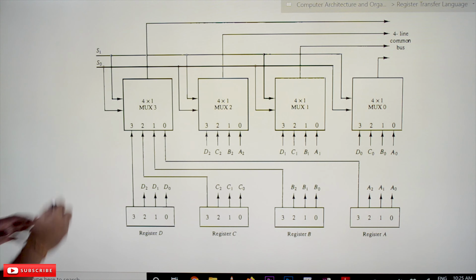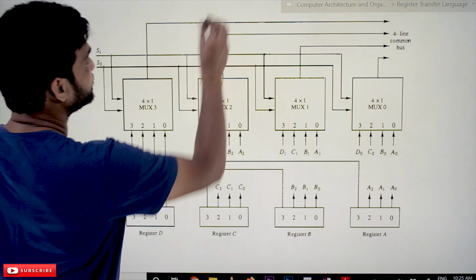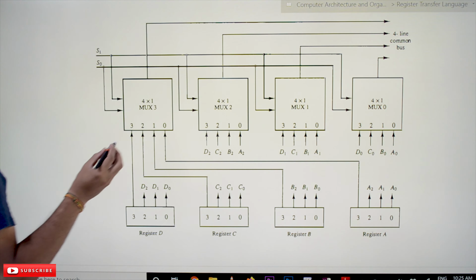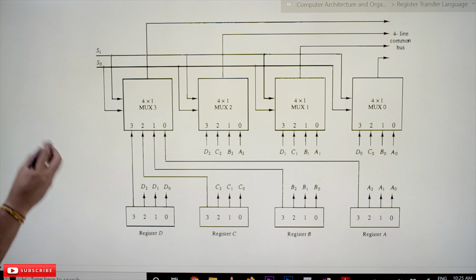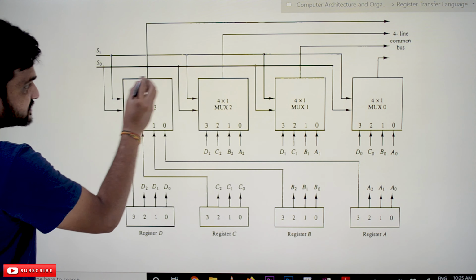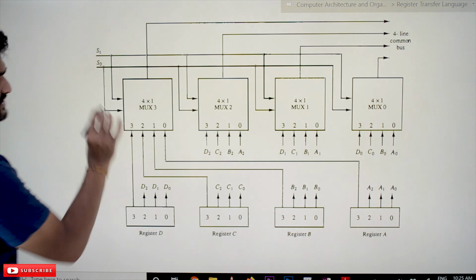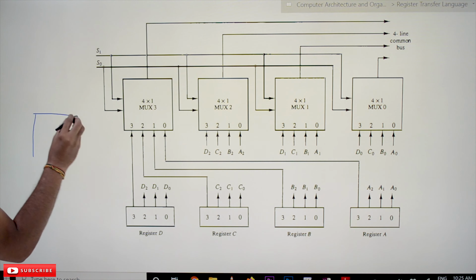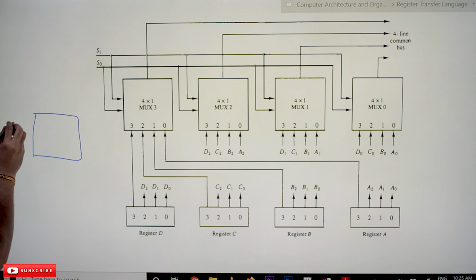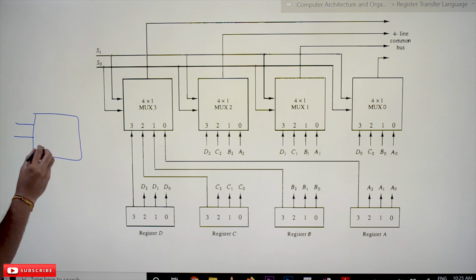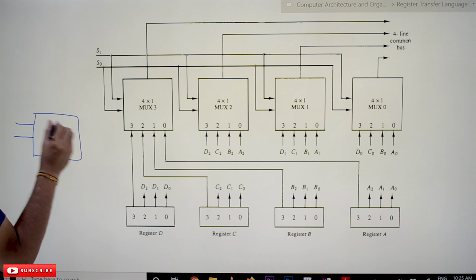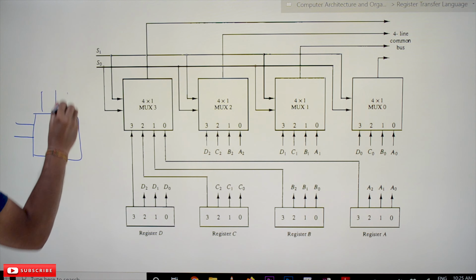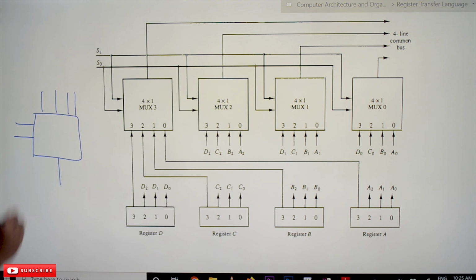Let's check this. For example, if you take this multiplexer, just take this one single multiplexer, so we'll take it separately. I'm taking this multiplexer with two select lines. So these are the input lines and this is the output line.